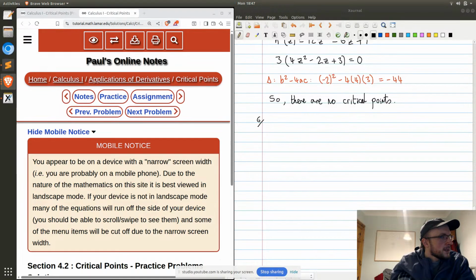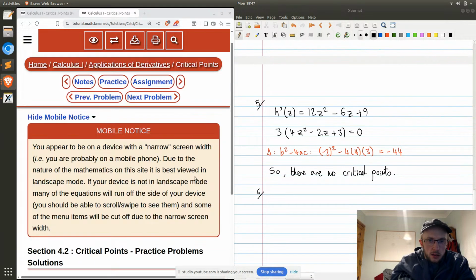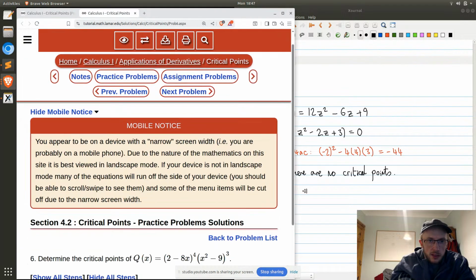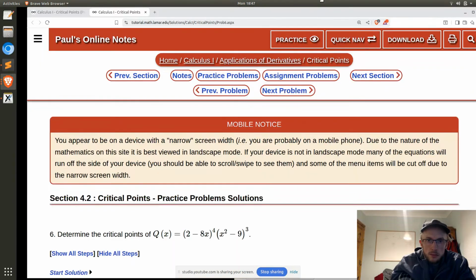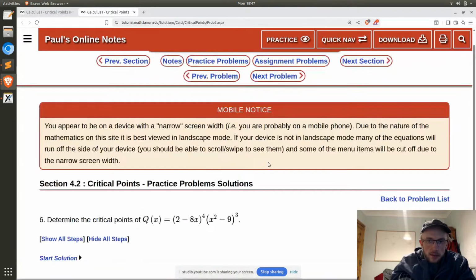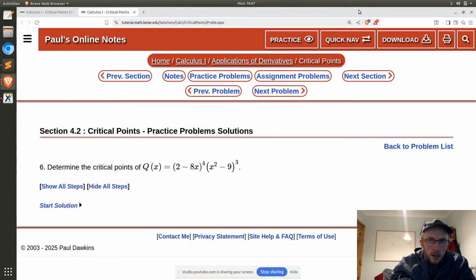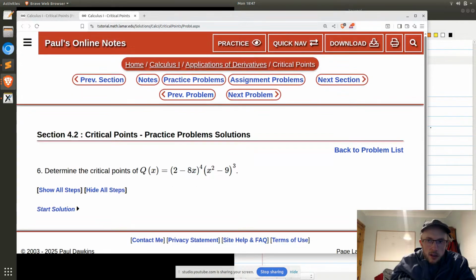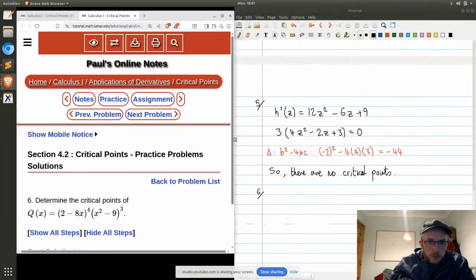Here in problem 6. I'm actually kind of curious, when does this notification go away? Really? Never? Okay, sort of calculates it from the beginning. Anyway,